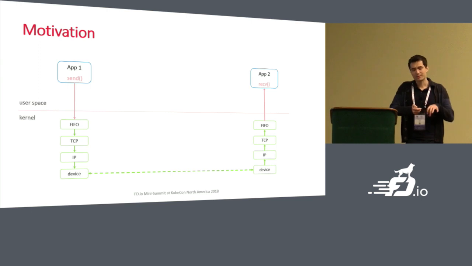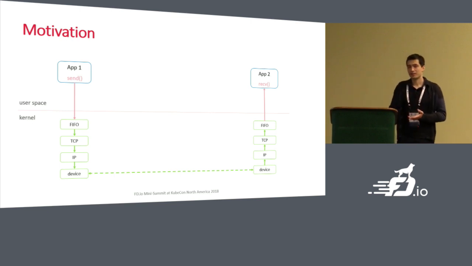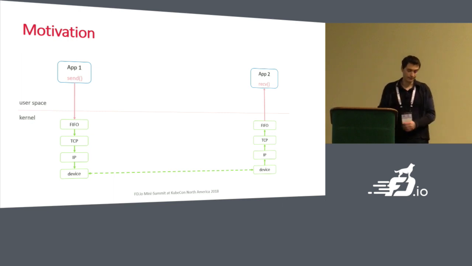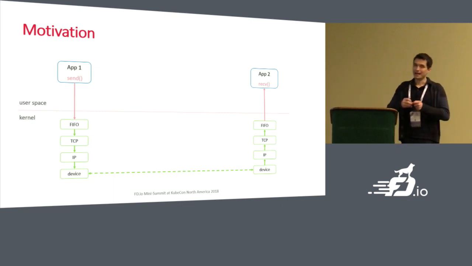And the second aspect of the question is, why not use the kernel? And here I could argue about the fact that the kernel is not necessarily really fast, but the one specific use case that got us thinking was container networking. As a specific use case, or as a general case, it was the fact that local stack communication is not necessarily very efficient, especially if VPP is involved. And let me clarify that point.